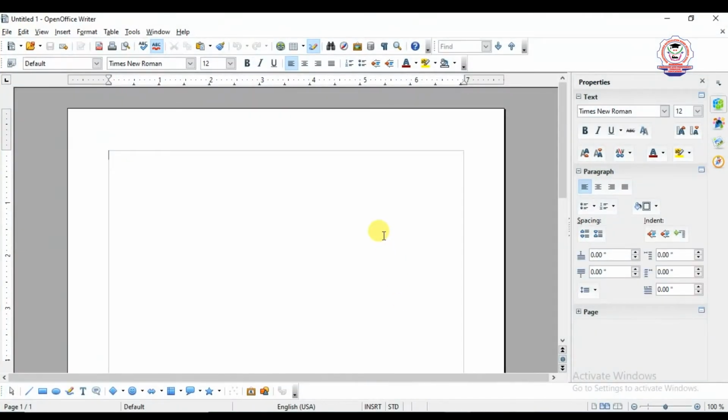This is the way to open a new OpenOffice Writer document. Within that Writer document we can open a new document again and again. You can use the File menu. Here this is the menu bar. Above the menu bar, this is the title bar.